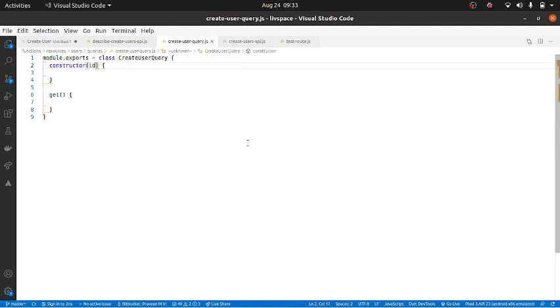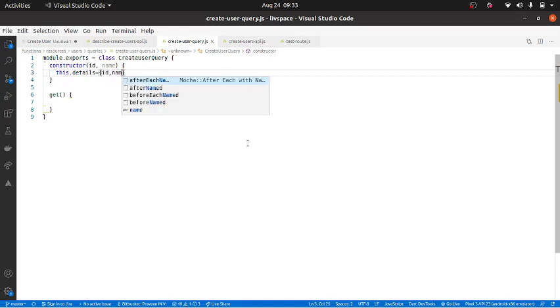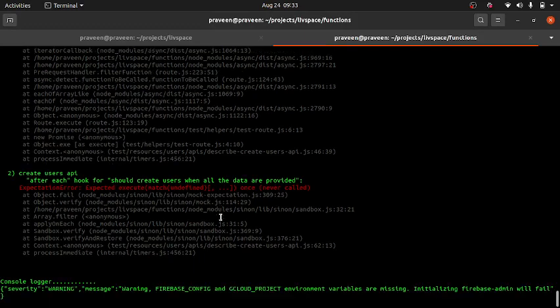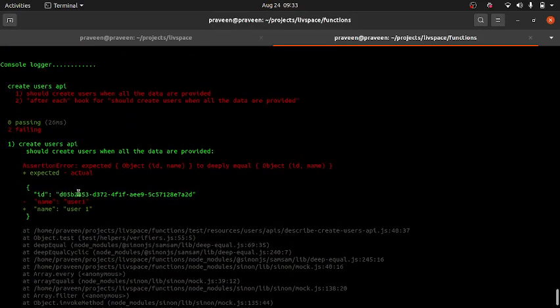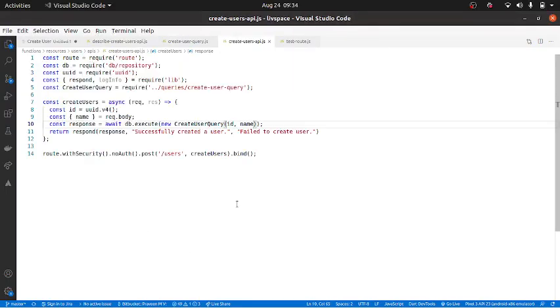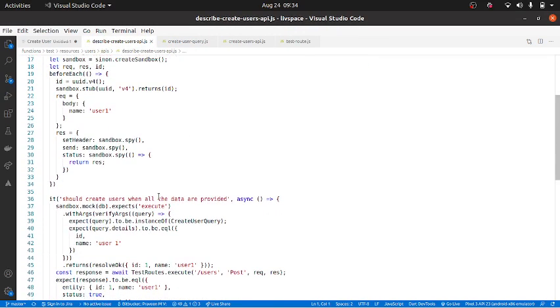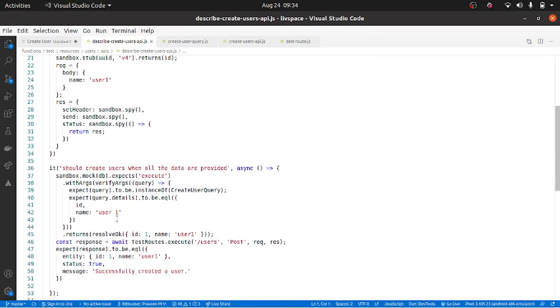So id comma name, we have got this dot details equal to id comma name. Okay, awesome. So this should ideally pass our test case if everything is good. Still it is not passing. ID is this, name is user1. Okay, that's a small thing. If I go to this one, name is user1, and what we are expecting is this. Okay, I'll remove this.